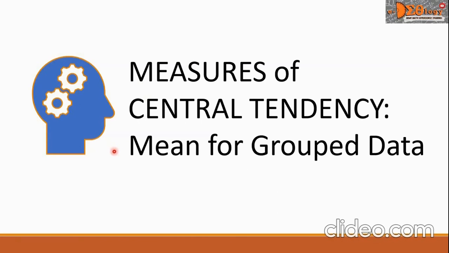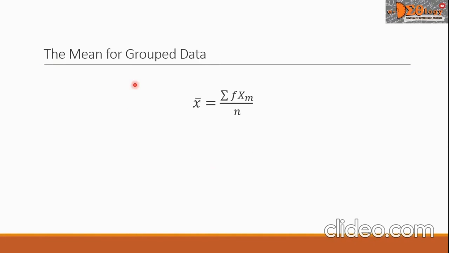Today we're going to study mean for group data, and this is under measures of central tendency. The formula of the mean for group data is given here, and this is x bar equals sigma f x sub m all over n,